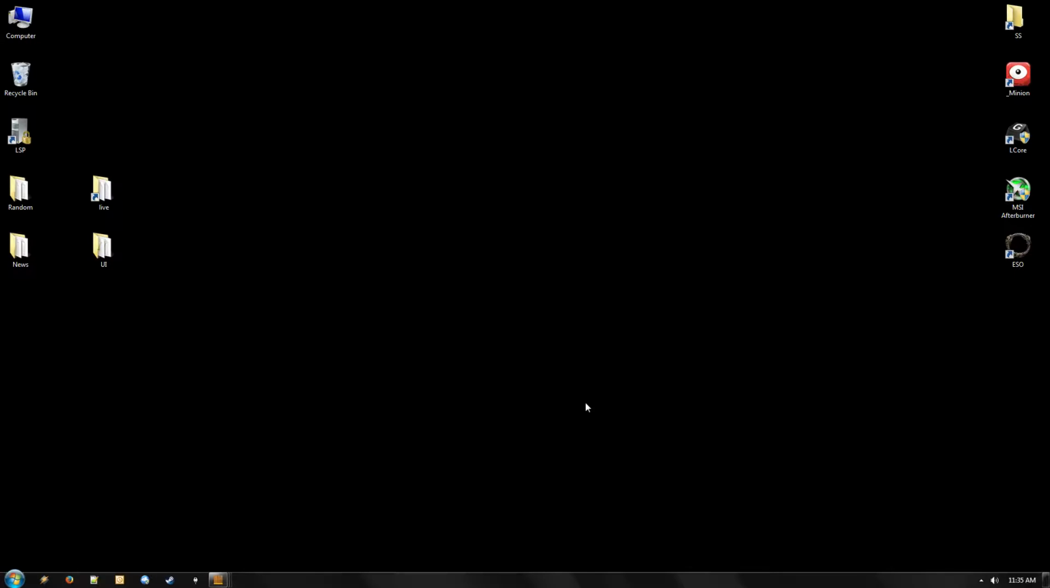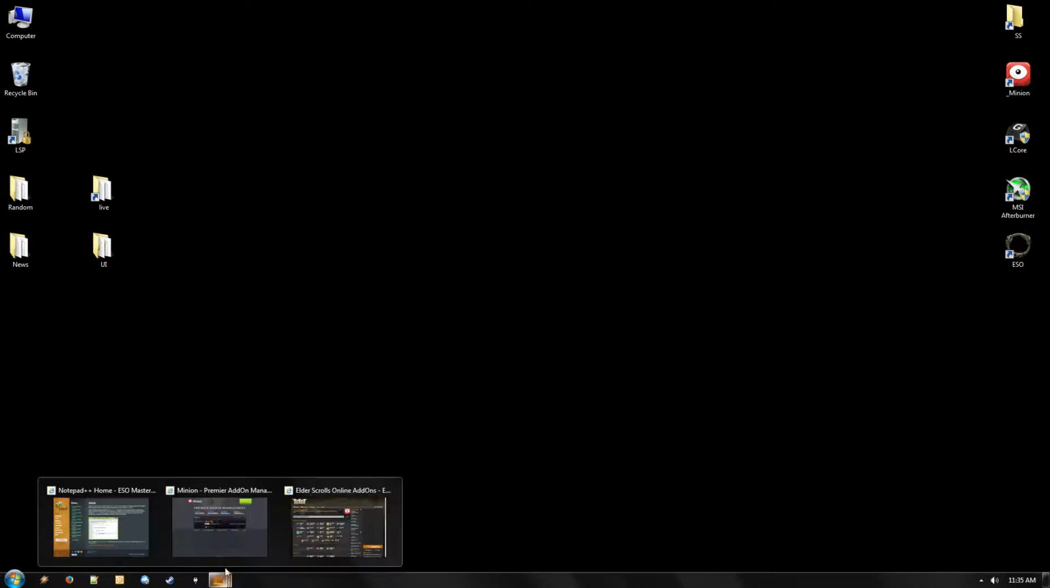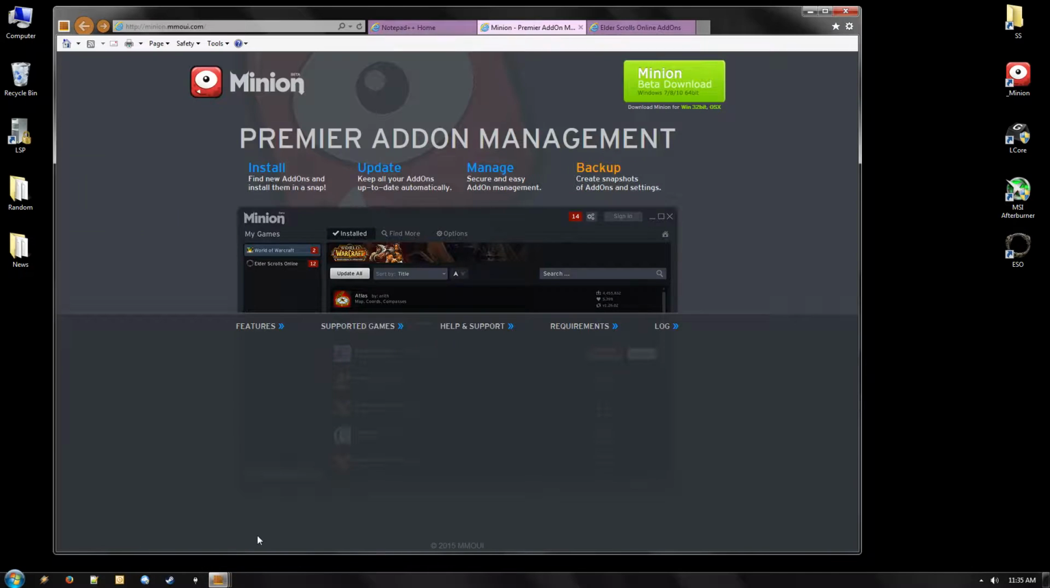what you want to do to start is pick up the Minion add-on manager, which if you've played other games and you've used Curse, it's kind of like that, except this is the one that is sort of the unofficial, official add-on manager for ESO. So you want to pick that up. It's on, here's the address here, is